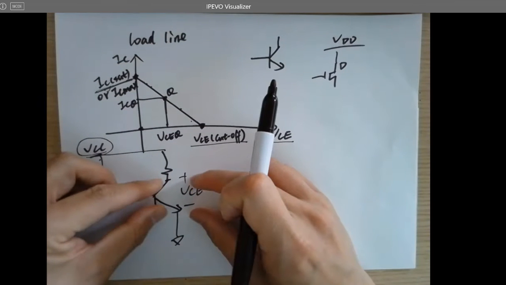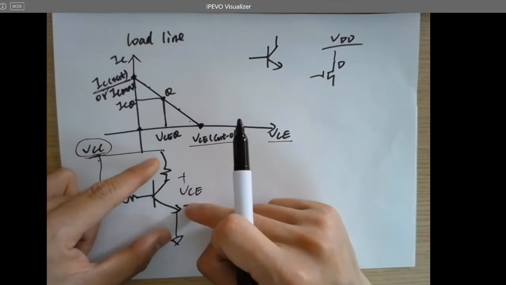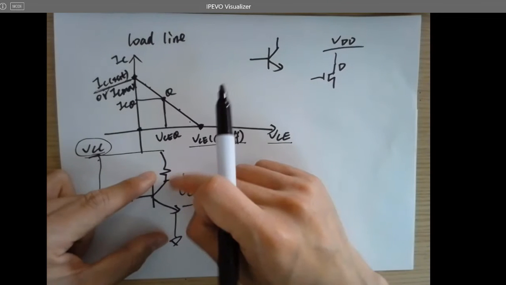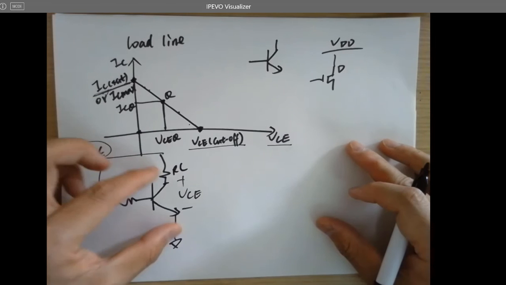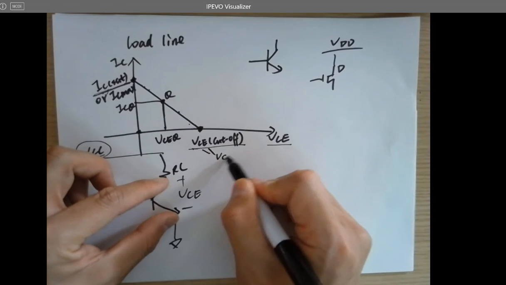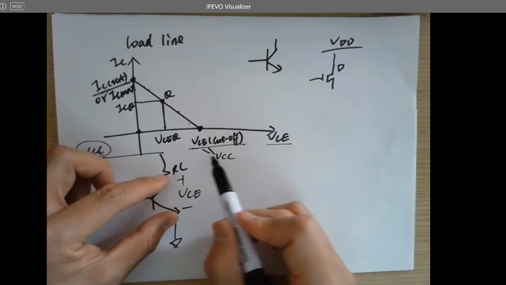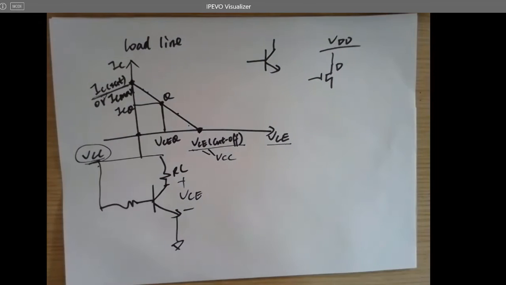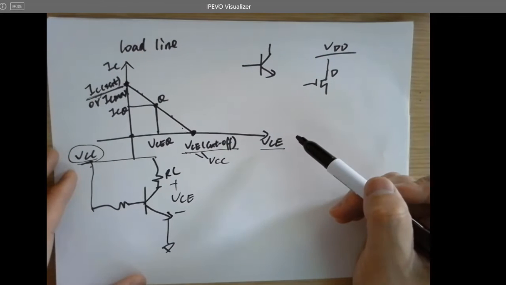When there's no current flowing through the circuit, there's no voltage drop across RC, so VCC here, VCC here. So this value is actually VCC, right? Theoretically, that's VCC. That's how I calculate these two values. Pretty simple, very simple. If I'm asking you to draw the load line, just draw a coordinate and